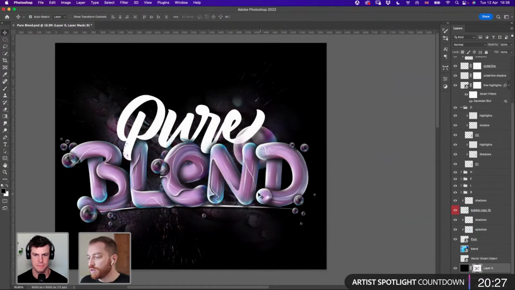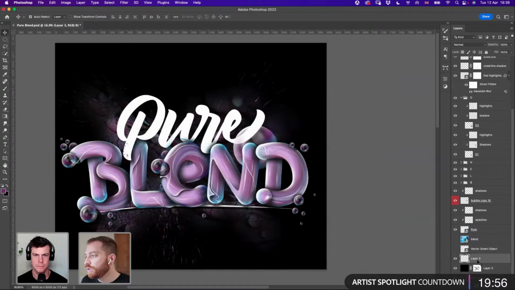Okay. And then we can add a shadow from the whole lettering on the background, so it looks more realistic. There are two ways to do that. We can do it with the blending option, adding a drop shadow effect to the whole lettering, but I think it would be better to do it manually in this case, because we have many layers and it will be difficult to organize them.